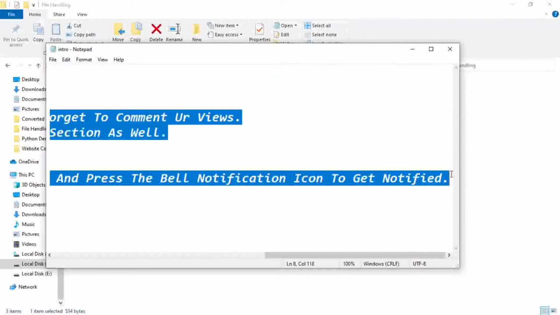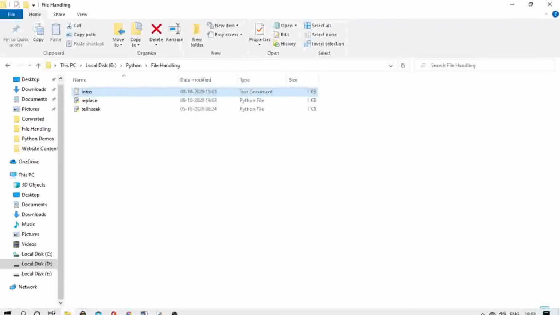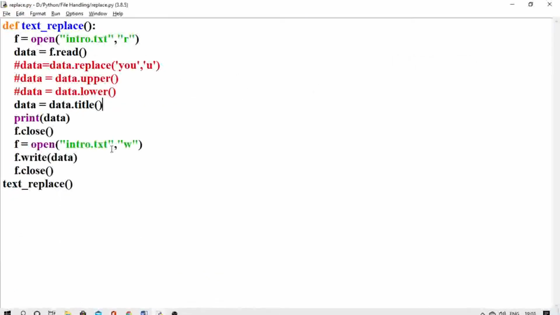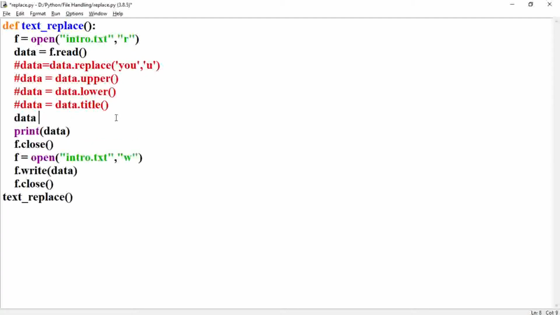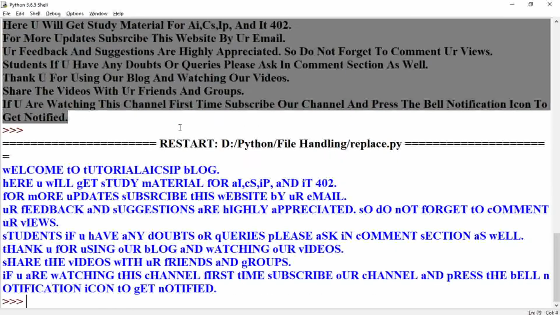Now the last function, that is toggle case. So toggle case is very simple. You can write in this manner, data equal to data dot swapcase. I will provide you this function list in the description, you will get a post there from my blog website, so you can look at all these functions and you can understand how they are used and how they will be changing the cases. So here you can see this is the toggle case.